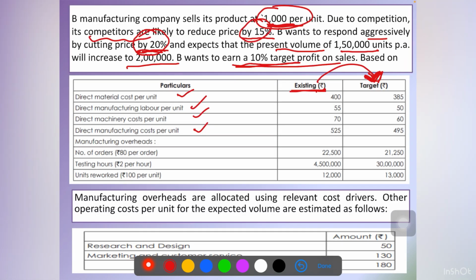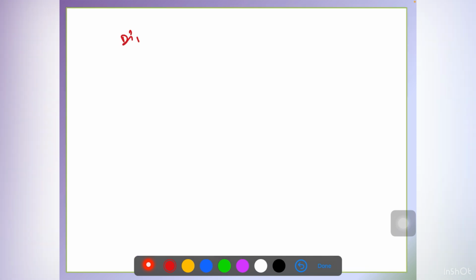Okay, then what we do is that we want to compute the target cost differently. What are the various kinds of cost given to us? Let's see. Firstly, we have the direct cost. What is the direct cost? The direct material cost per unit is 385. Then direct manufacturing labor per unit is 50. Then direct machinery cost per unit is 60. And the total direct manufacturing cost is 495. Right? So I write over here, direct cost is